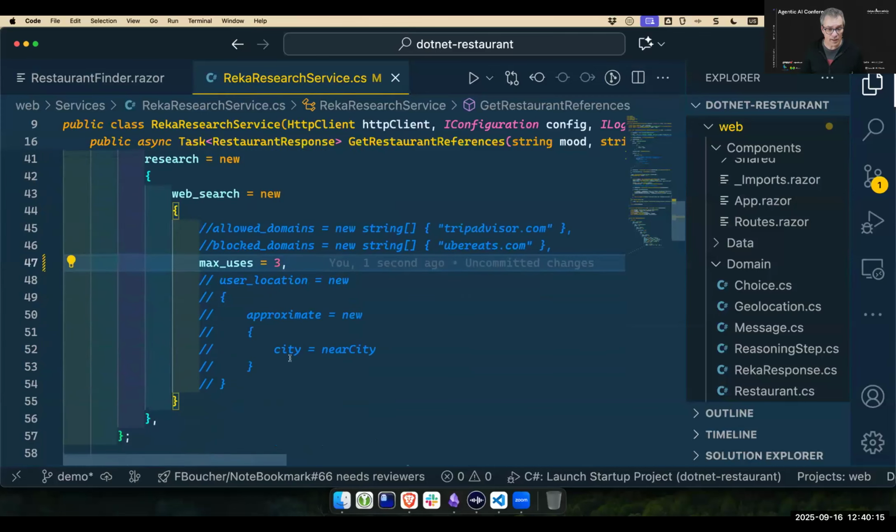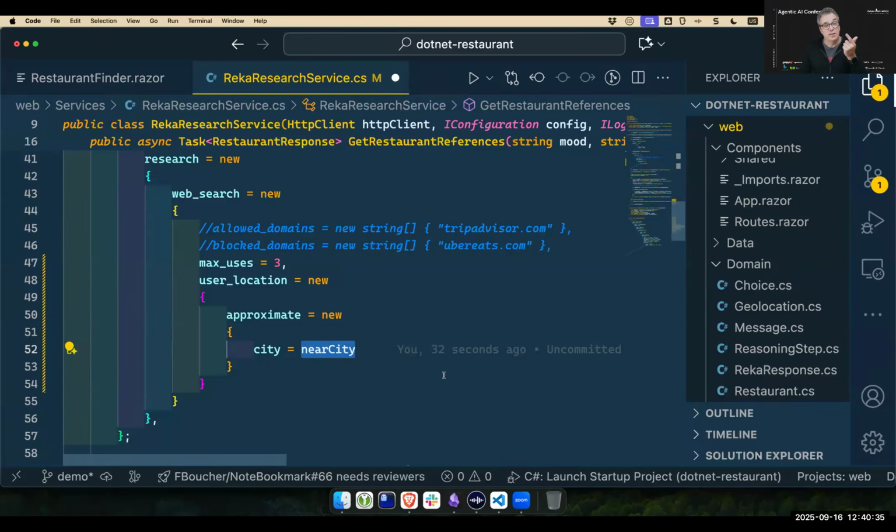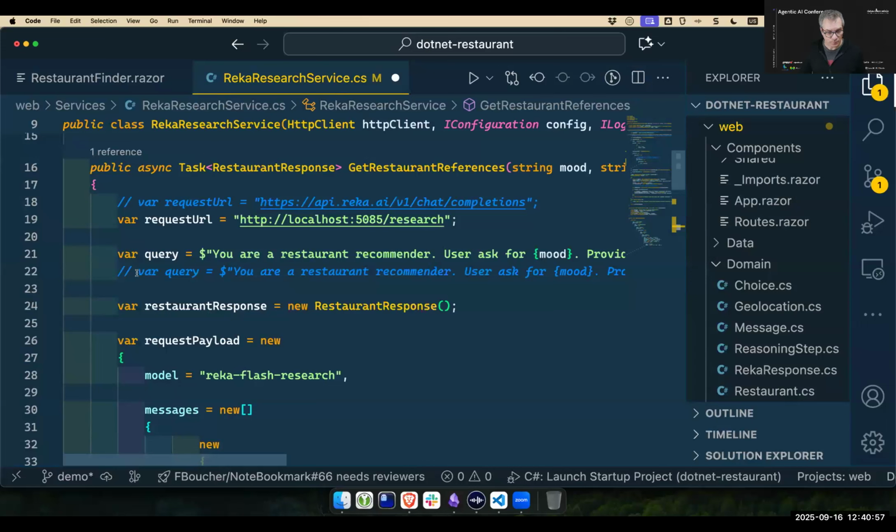Okay. One thing also we could do, looking at the time, I see the time is flying. So let's say we also add location. What you could do is pass the user location and then pass the city. And there's more you could do. There's the city, the time zone, the area and the country, I think. So there are multiple components, but in our case, if I say look for a restaurant in Canada, I'm not sure I will get to my table in time if it's on the West Coast compared to Montreal, assuming I'm in Montreal. And now what I will do is I will change and use this new prompt